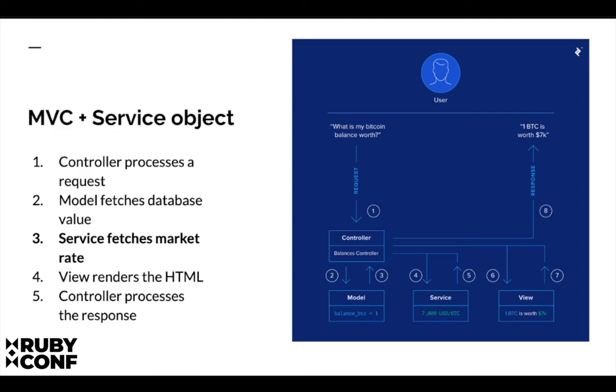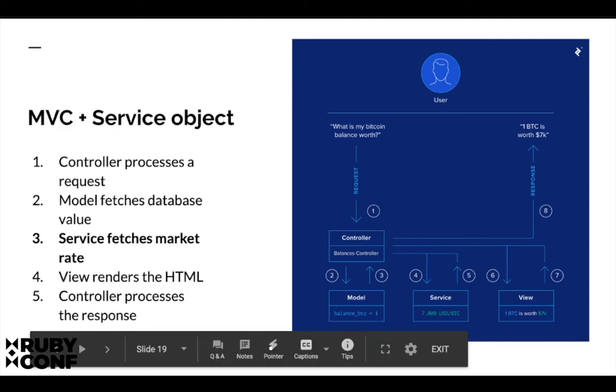As we can see, a user at the top calls and asks our application what their Bitcoin balance is worth. This request is handled by the controller, and the controller has to get everything together and send in a response, right? And the response is that your BTC is worth $7,000. You have one BTC and it is worth $7,000. So it needs that value of one BTC, which the app already knows and it'll get from its